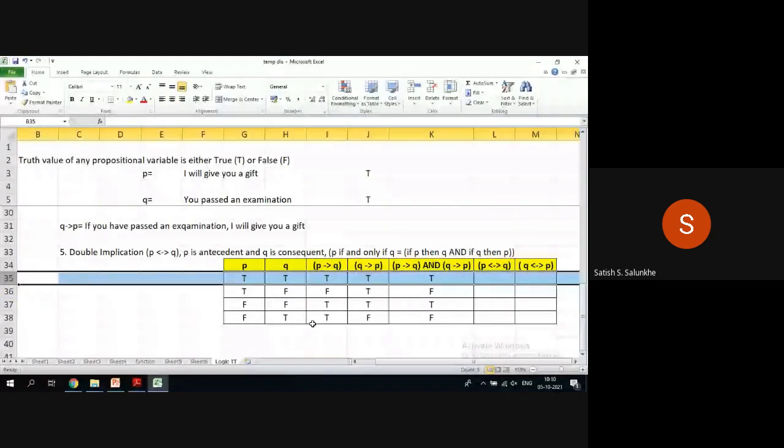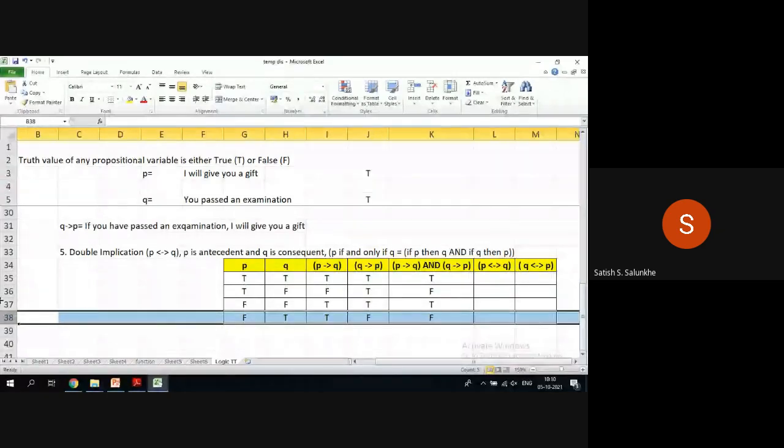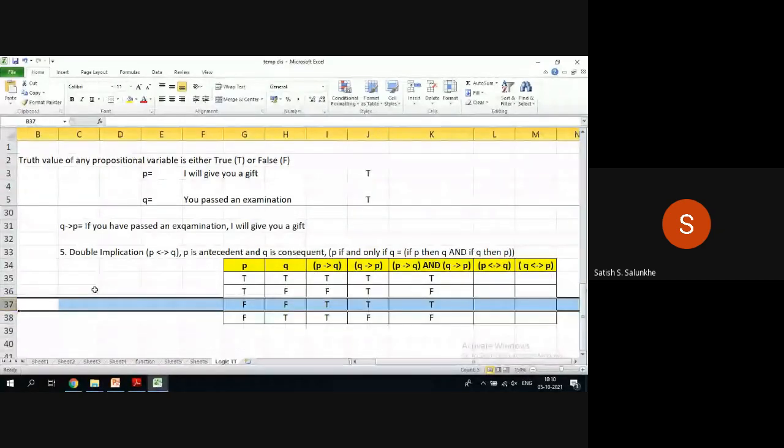If both the antecedent and consequence are true, the bidirectional or double implication, the biconditional, is true. If both the antecedent and consequence are false, then it is true. So if you evaluate this truth table for P bidirectional Q,